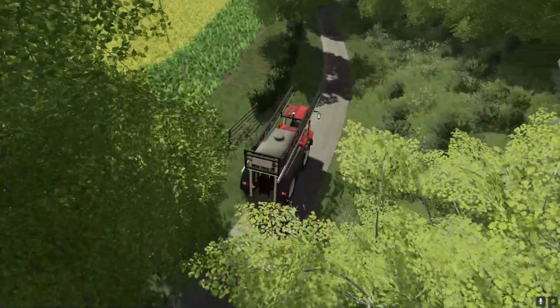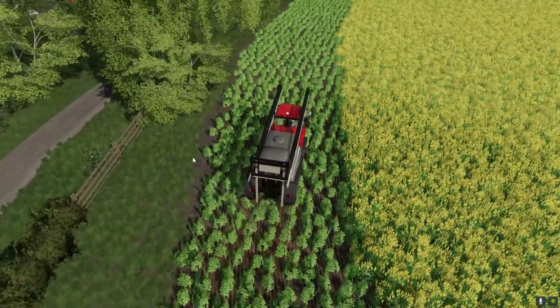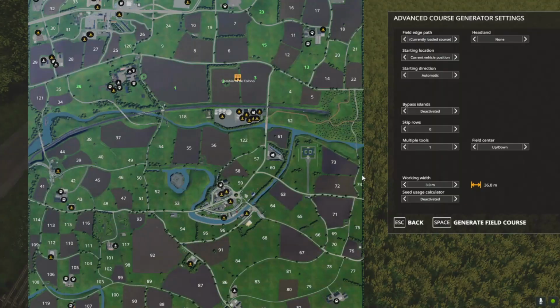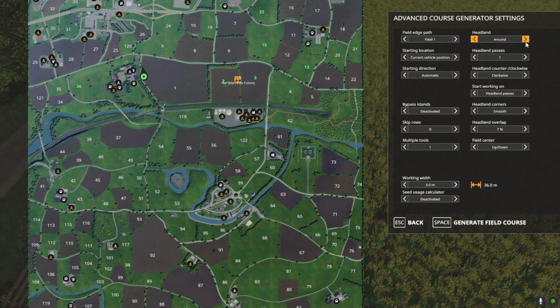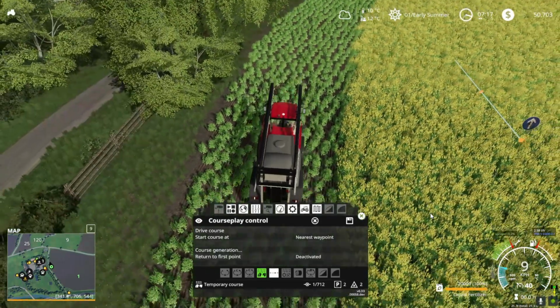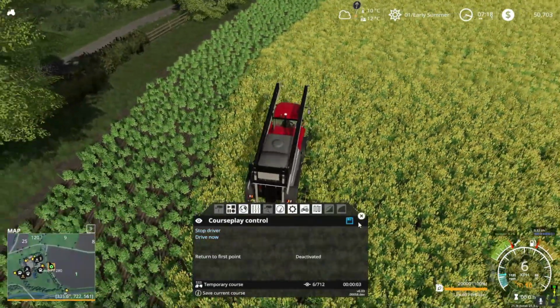Okay, this is a bit unstable. All right, and generate course. We are 1. Let's say we do, yeah, whatever, 4 will do. 36. We'll make it a bit lower. Generate course. Back. Drive as and having so many things on the screen. So I guess I'm gonna drive the course,